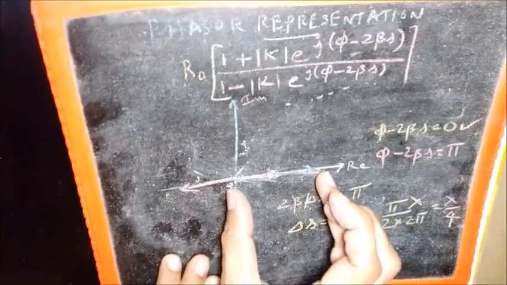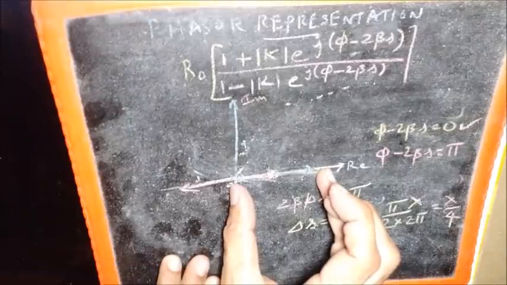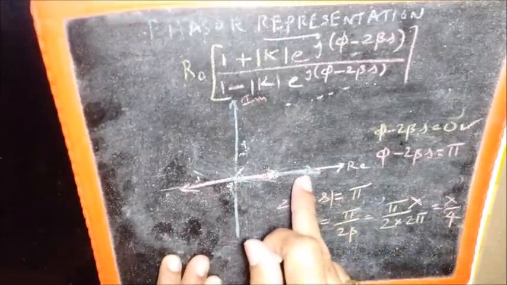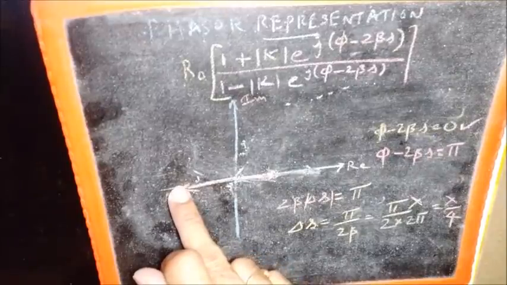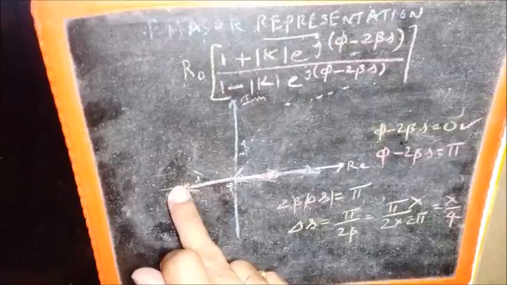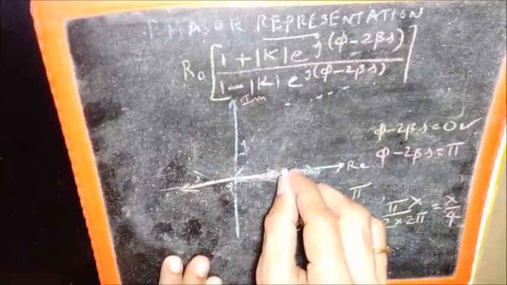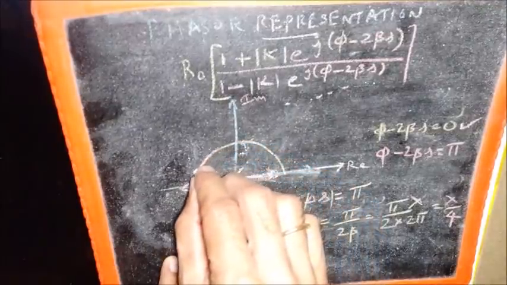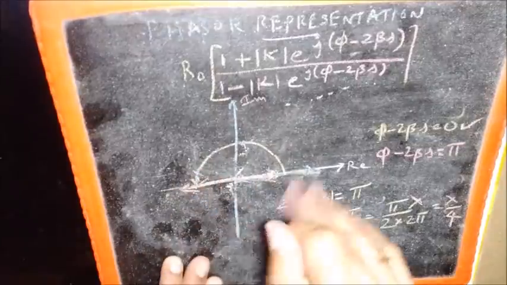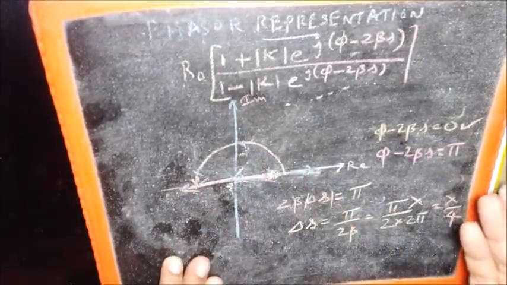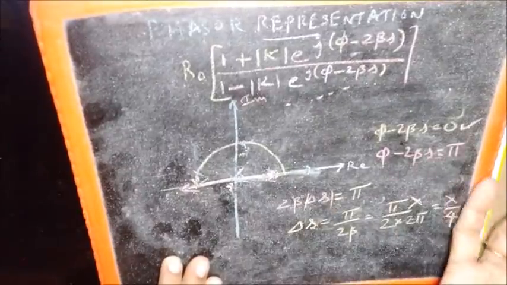When phi minus 2 beta s is equal to 0, we had Rmax as the input impedance, and when phi minus 2 beta s was pi, we had Rmin as the input impedance. And the delta S is lambda by 4, which means that 1/2 revolution over this phasor space is equal to a distance lambda by 4 on the transmission line. That is what we saw here, isn't it?